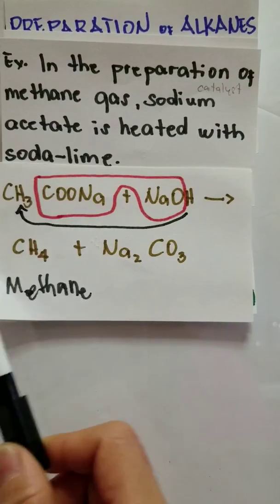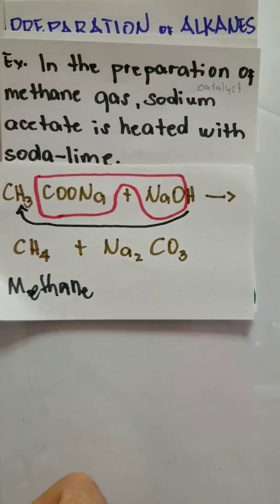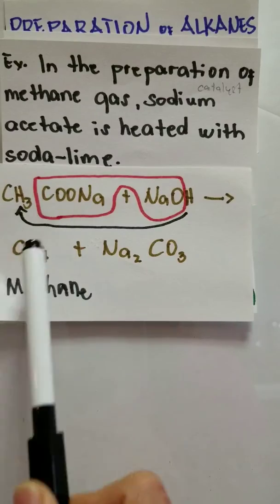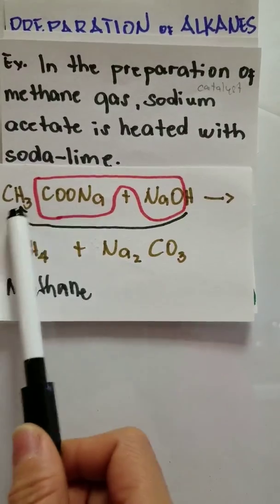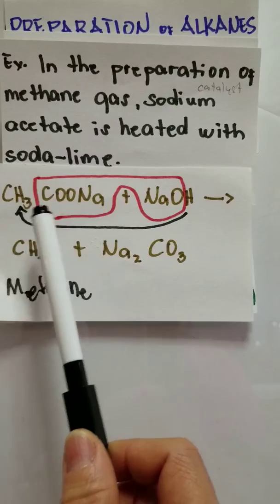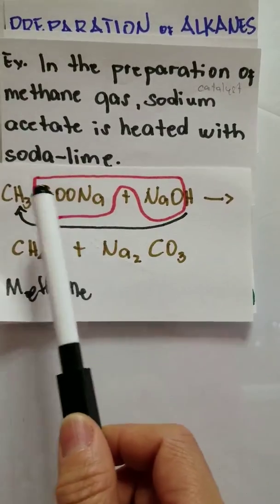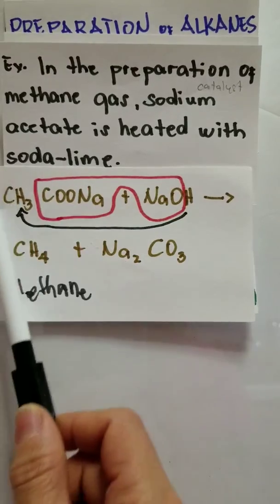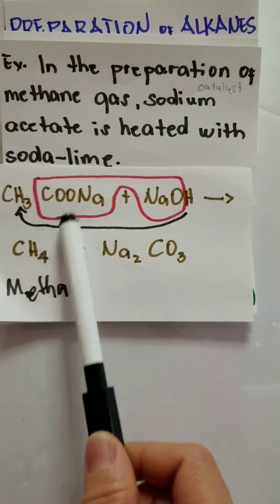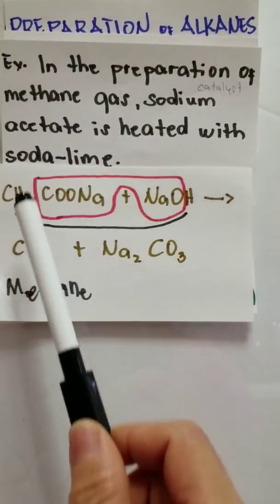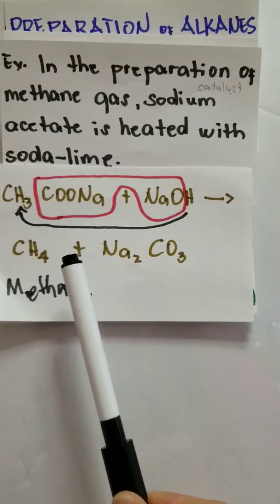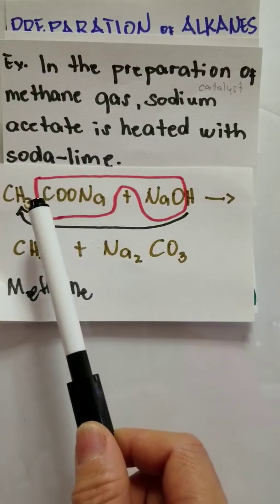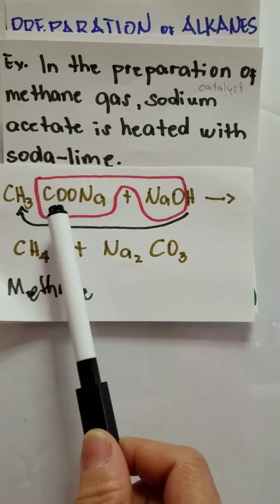Acetate, we will talk about that in the next chapter. But let me just tell you right away, I'm not going to discuss here why we come up with this structure. We will talk about how we come up with the structure of an acetate in the next chapter. But for the sake of the preparation of alkane and the decarboxylation of your acetate, your ester,